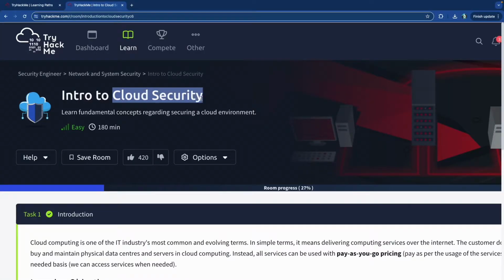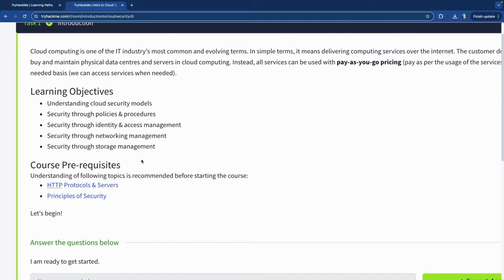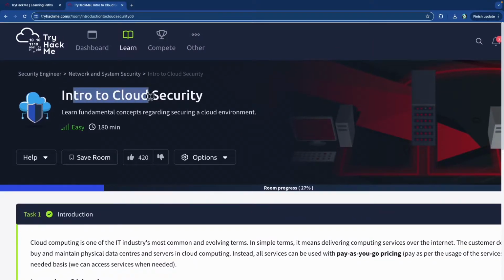What is cloud security? What are the different cloud security models? How do you achieve cloud security through policies and procedures? How do you achieve cloud security through identity and access management, which is IAM? How do you achieve cloud security through networking management? And finally, through storage management. These are some of the questions that we are going to be answering in today's video, which is Intro to